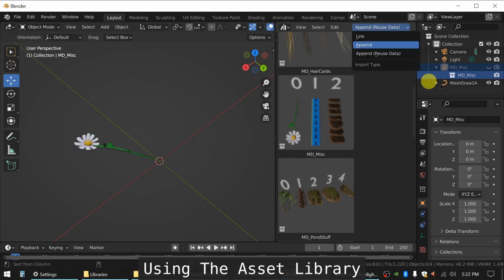Okay, link. So what append reuse data does is it's actually pulling in all the mesh data and the texture. With the embedded textures, yes, it's pulling all that stuff in, embedding it in your scene. If you draw multiple, it's reusing. It's not duplicating that data every time you draw a stroke. That would be a nightmare. But yeah, that's what that's doing. Link also works,